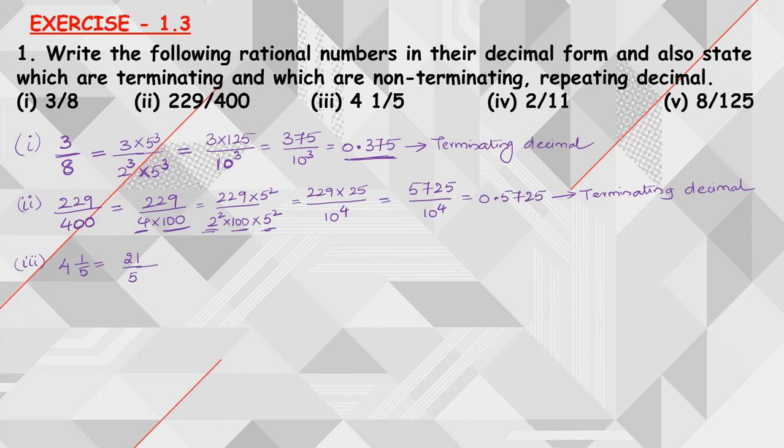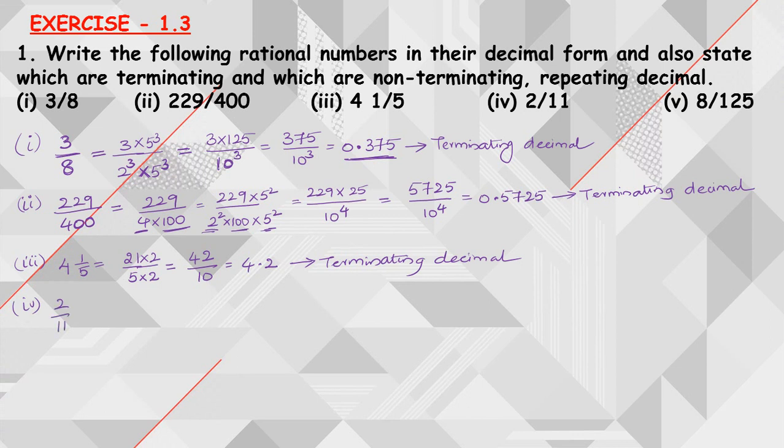If you observe carefully, in the denominator you are having 5. So we can give support of 2 to this, so that the denominator will become 10. So I have multiplied with 2 and divided with 2. Then I am going to have 21 twos are 42 divided by 10. This I can write as 4.2. So clearly this is also a terminating decimal. Right, next moving on to question number 4.